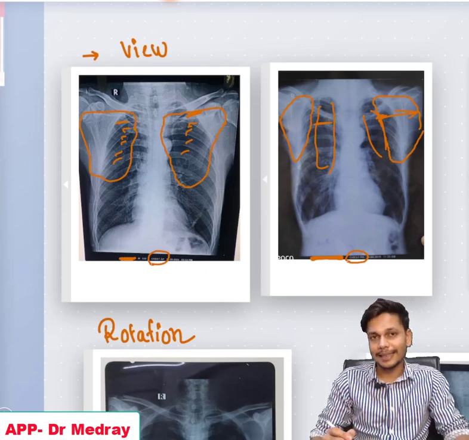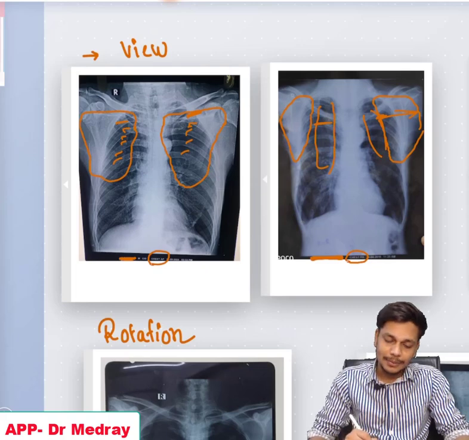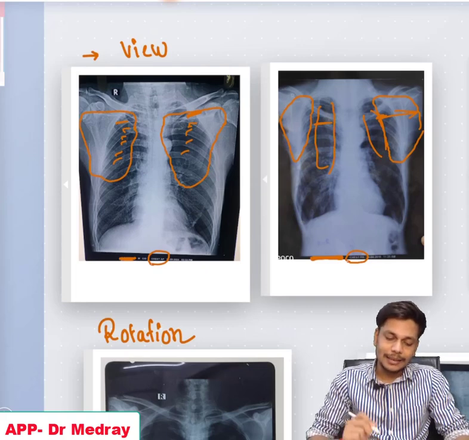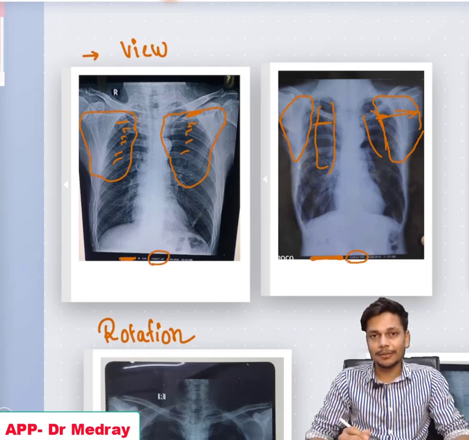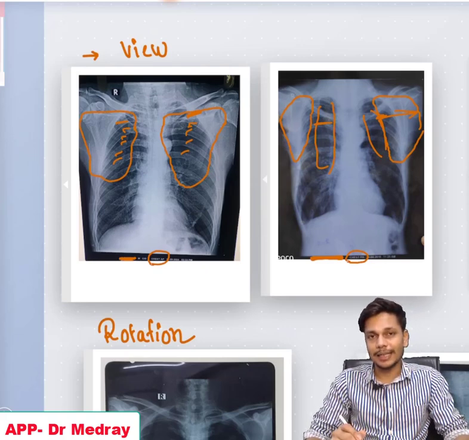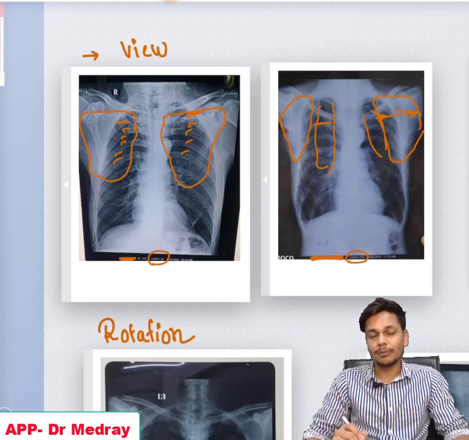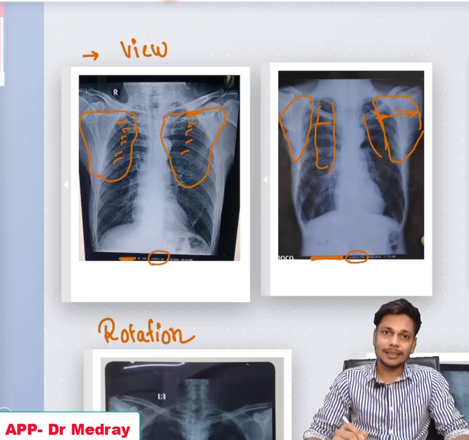So the clavicles are slightly upward in the AP view and the scapula comes into the lung field, while in the PA view the scapula is widely separated so that we can visualize the lung parenchyma. It is because of the positioning of the patient in the PA view, and the projection of the ray from the posterior end, that the scapulas are widely separated